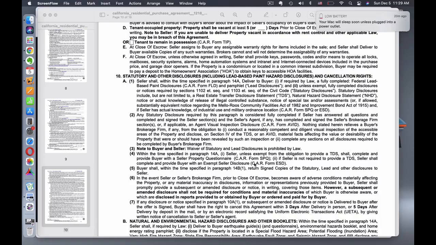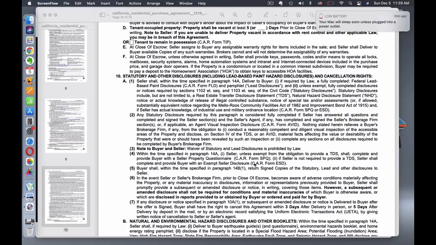The lead-based paint disclosure is really important. Properties built before '78 could possibly have lead-based paint. So buyer and seller can't say, oh, well, we're just going to waive this disclosure because we don't care, as it's required by law. Under 4, the seller, 99.9% of the time, is required to give